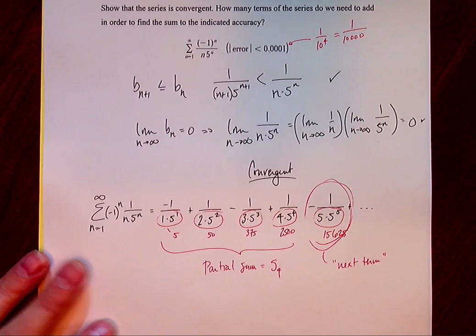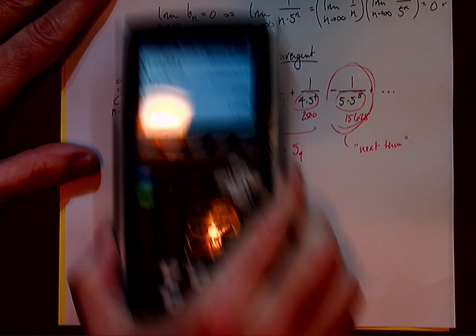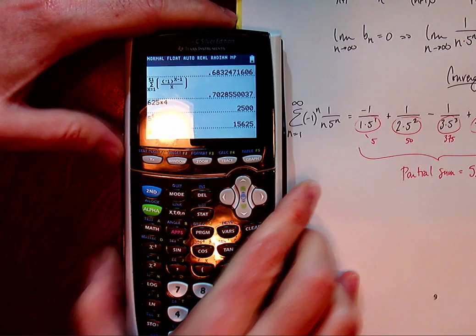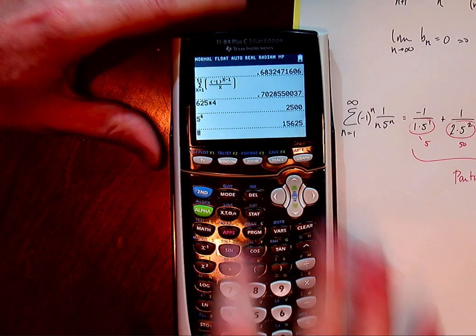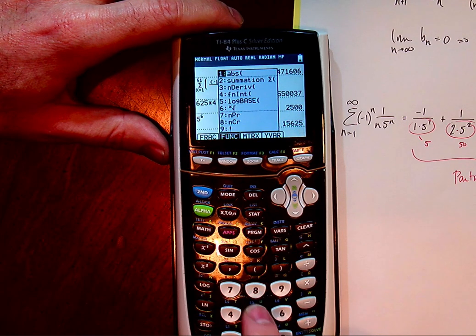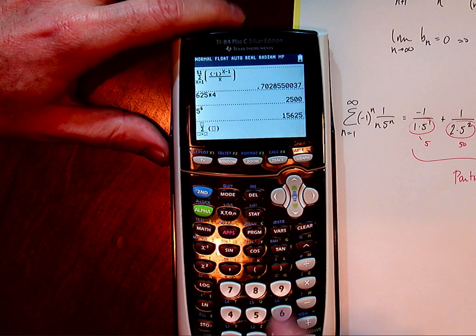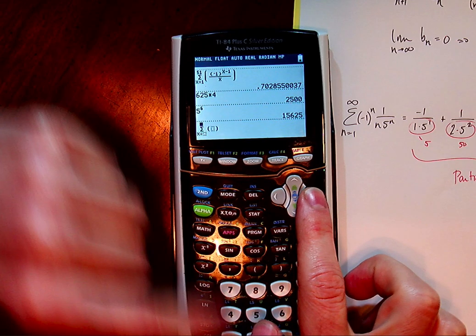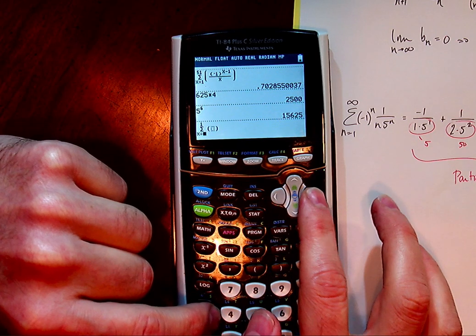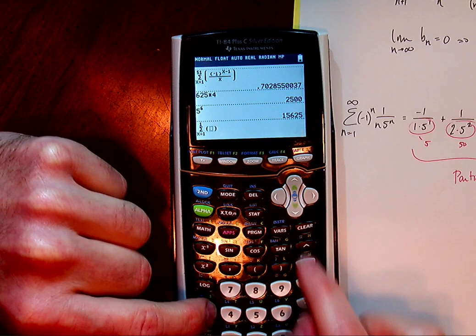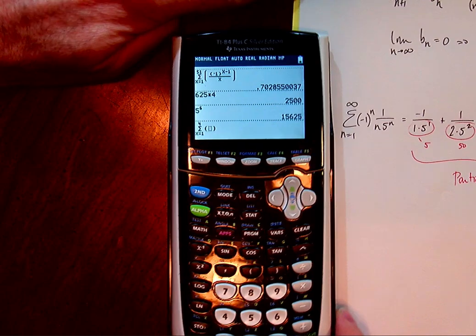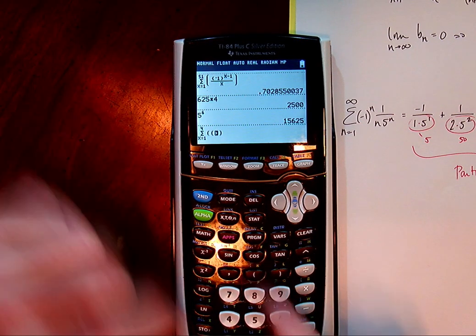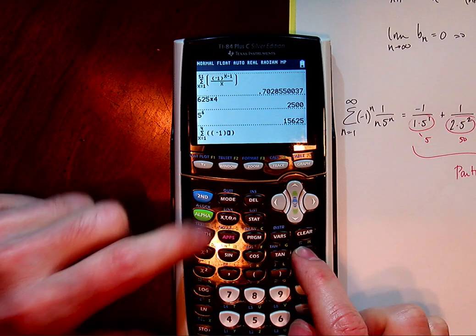And of course we could find out what that sum is if we so choose, right? Let's go ahead and press alpha F2. That gives us the summation formula right here, and we'll just use X since it's easier on the home screen, since we're not in a different mode right now, and it'll take time to do that. So what we're going to do is negative 1 raised to the x,